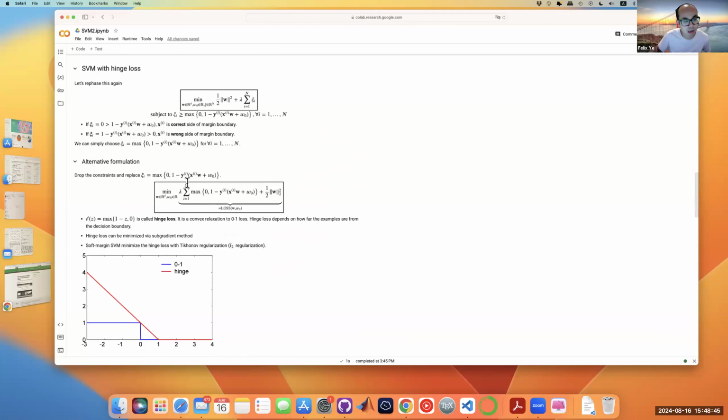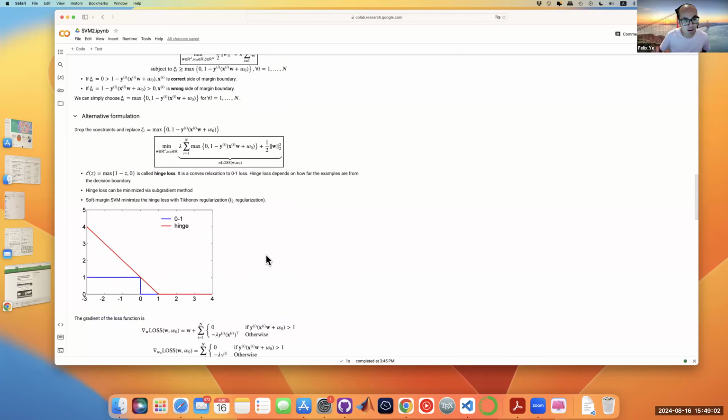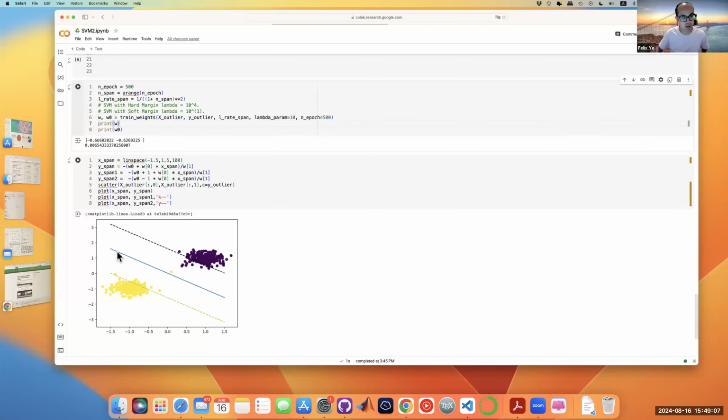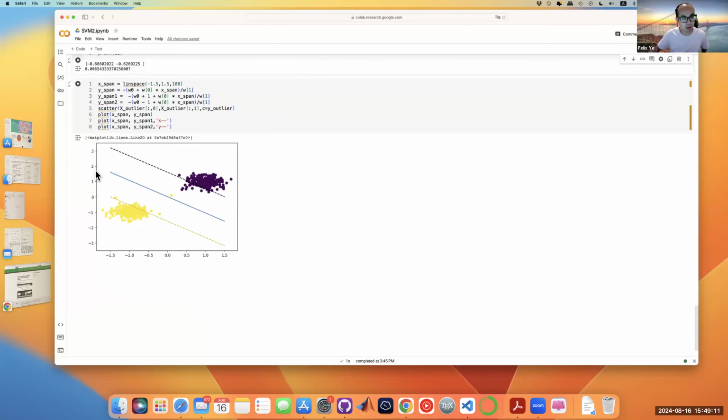If the lambda is large, that means I want to emphasize this portion right here. If the lambda is small, that means I want to emphasize this point, right? It depends on what we are trying to work with. All right, so if lambda is 10 right here, you can see we choose this and we got this